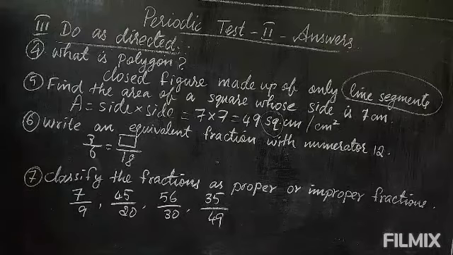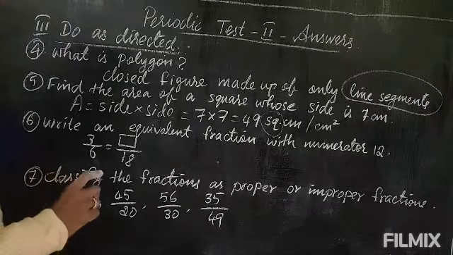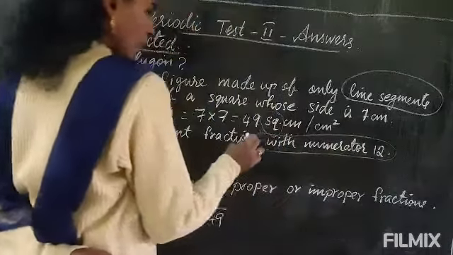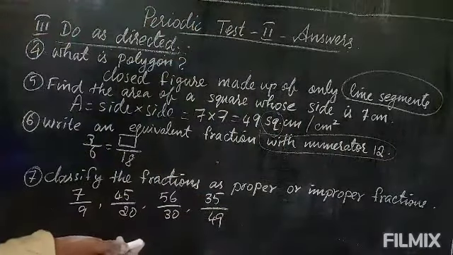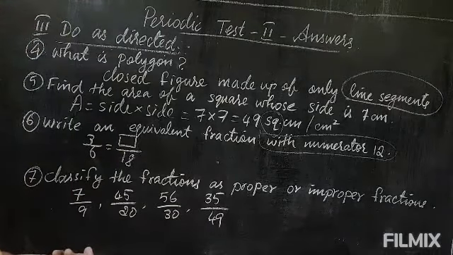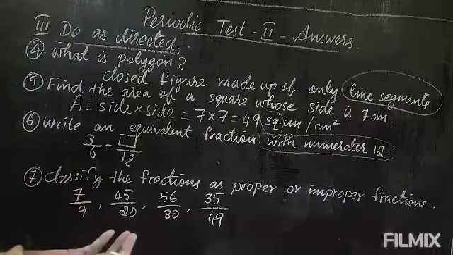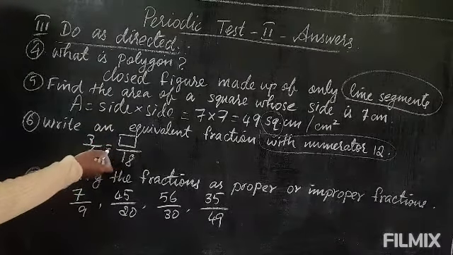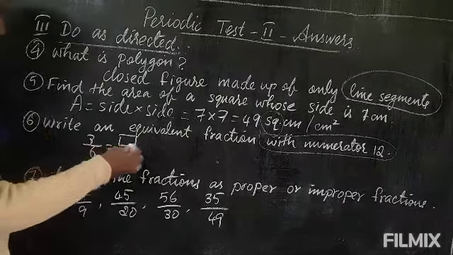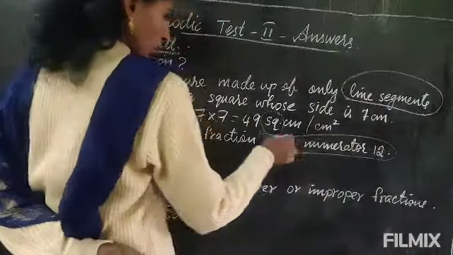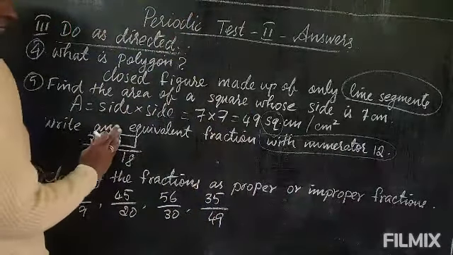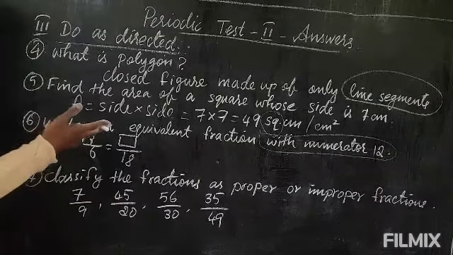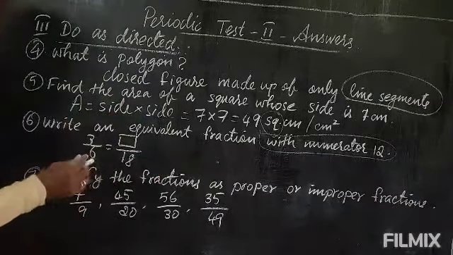Again next one, write an equivalent fraction with numerator 12. Here I made a mistake and I had given the fraction in the group, but many of you did not see it. Without seeing also you had written the answer. So for both ways I had given the marks. So you can write the fraction with numerator 12. Otherwise for this you can find the equivalent fraction. So for this first I will give the answer. I told you to cut this one. Only for this I told you to find the answer. If you have written both ways, I have given the mark. But if you have written something else with no connection to these, I didn't give the marks.